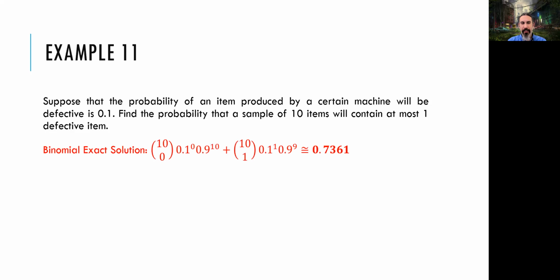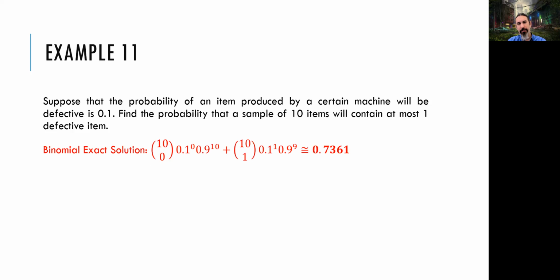Now, this is the exact solution. Okay, the exact solution, but it's got a long tail, because think about it. You are going to find the value of 10th power of 0.9, which is at least 10, maybe more decimals there. So in here, 0.7361. This is my exact solution, almost exact solution.